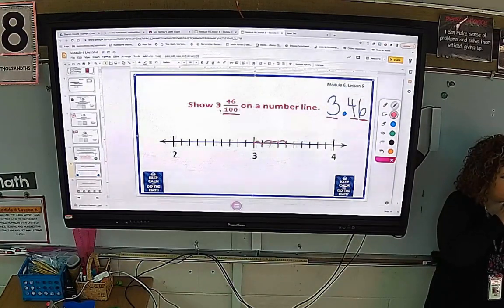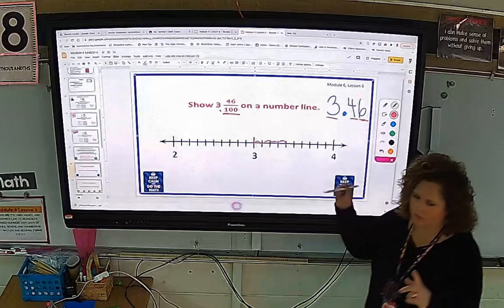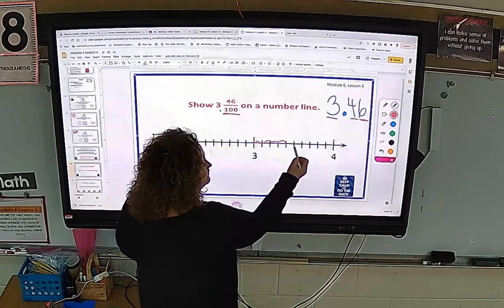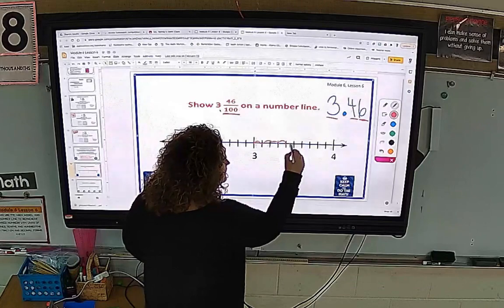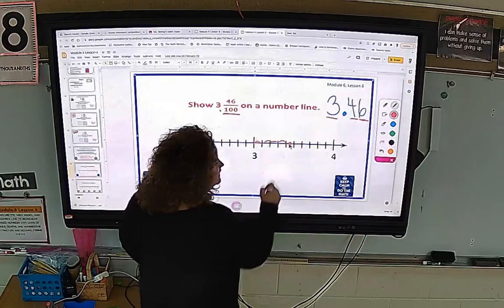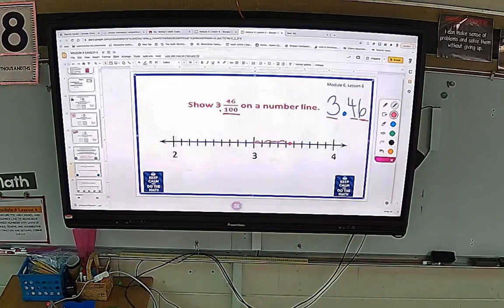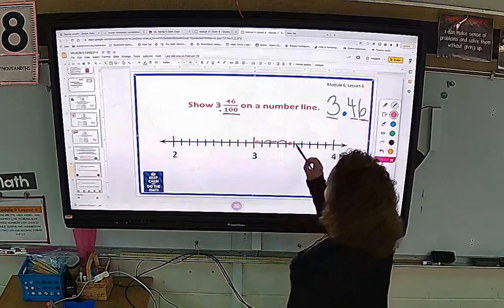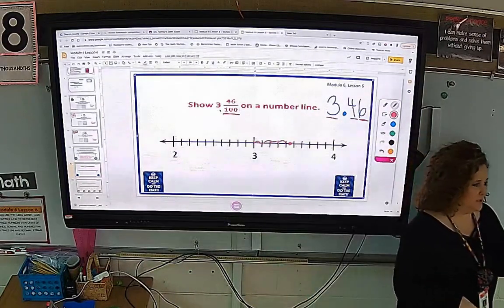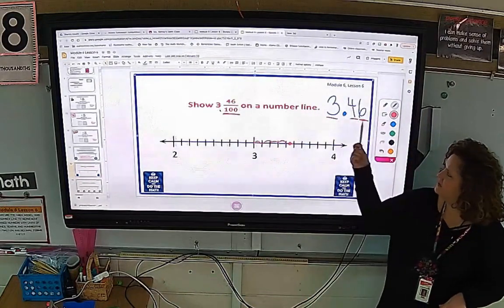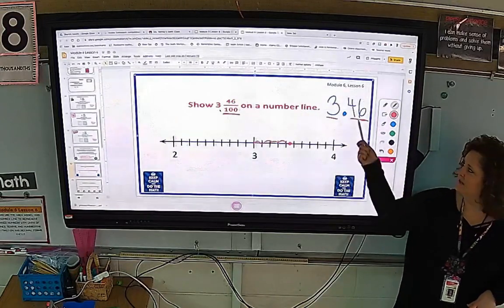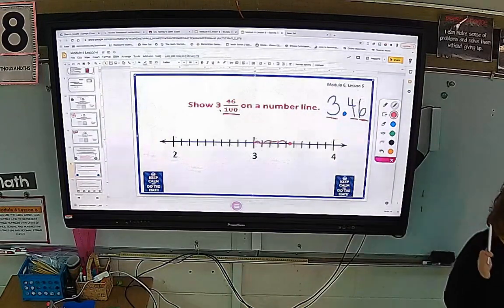Faith, what do you think? So, we're not going to put our dot over by the 5/10 or the 4/10. We're going to put it right in the middle. And again, it's going to be hard, isn't it? Just do the best you can. How many of you right now wish you had a pencil and this on regular paper? It'd be a lot easier to show it. Yeah, definitely. That's why you might see the word estimate, because this is close to, the 6 gets us close to the middle of 4/10 and 5/10.